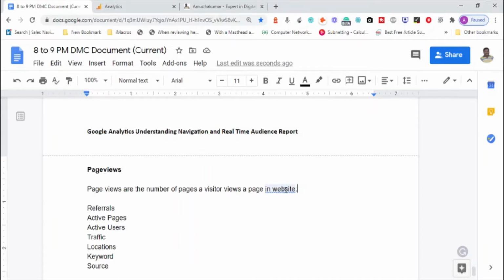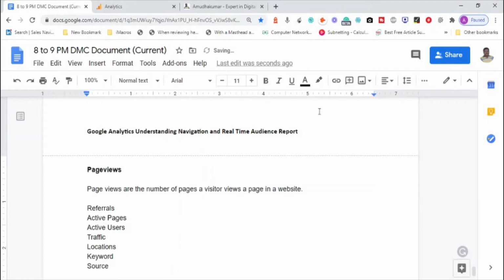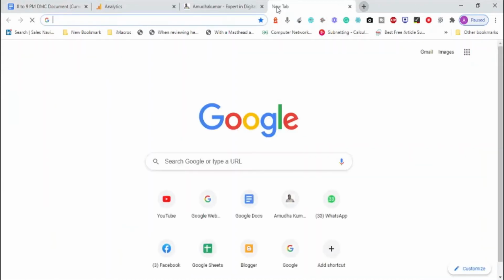A website can have hundreds of pages, but after visiting, how many pages did the visitor visit? For example, I go to a website named Quora.